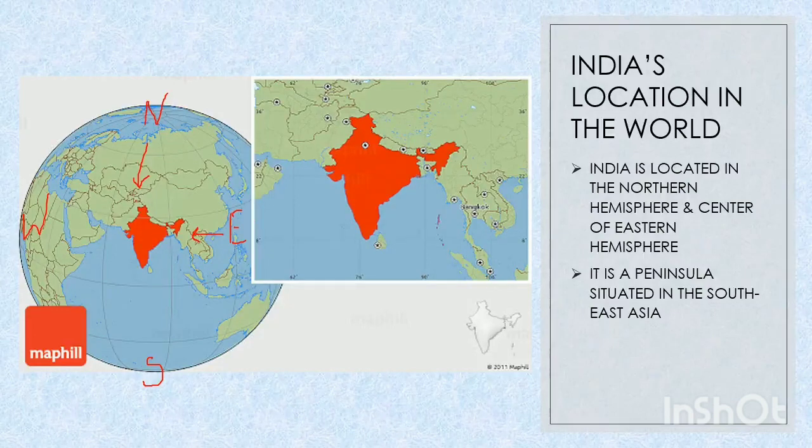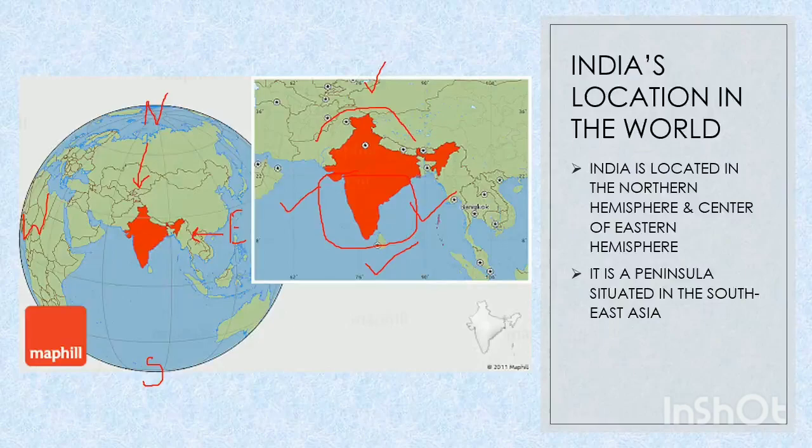We'll take the next picture where India is highlighted. Here she is situated in Southeast Asia as a peninsula. Why do we call India a peninsula? She is surrounded by water on three sides, as you all know. Towards the east you have the Bay of Bengal, towards the west you have the Arabian Sea, and towards the south you have the Indian Ocean. The part of the land towards the north, the entire northern mountains, is the land area. So we call India a peninsula.